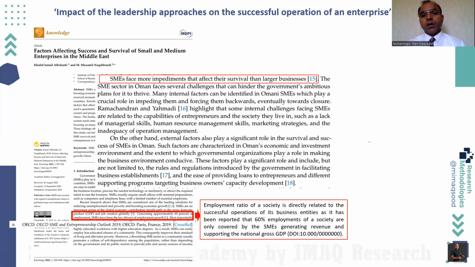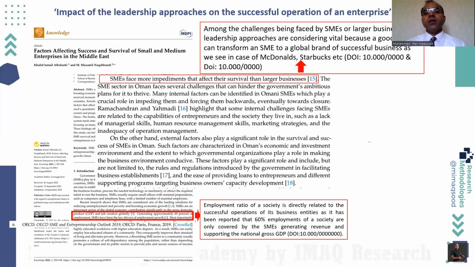They are facing more threats. They are in more challenges, and by using these challenges, if they survived, they developed into a big business. So the basic thing of their survival is good leadership approaches, and this is what actually we are looking for. Among the challenges being faced by SMEs or large businesses, leadership approaches are considered vital,